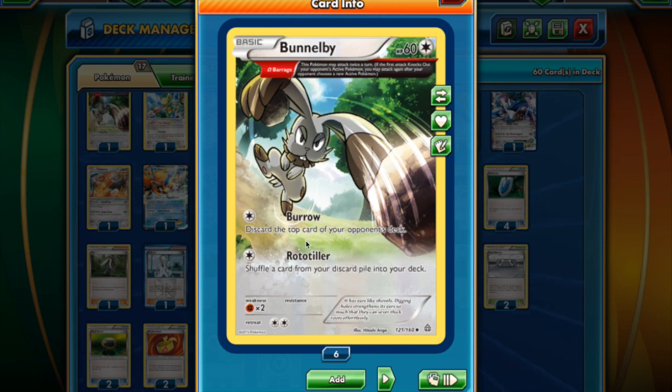We're going to... Excuse me, I still have my cold. We're going to try and use Rototiller against the Wailord decks to mill them before they can mill us. And Wailord really has nothing for Bunnelby, at least not yet. It would be hilarious to see Wailord adapt to try and handle Bunnelby. But essentially, having one Bunnelby in a deck that can't handle Wailord in any other circumstance can pretty much just win you that matchup. This is obviously a card that you can take out if you're not in fear of